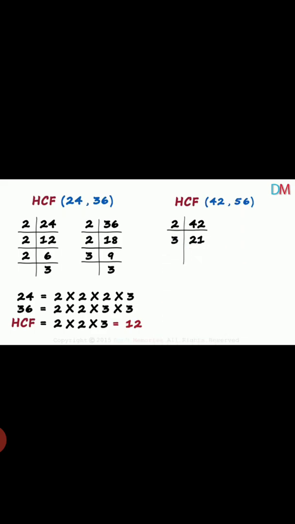प्राइम फैक्टर्स का मतलब क्या है कि आप प्राइम नंबर से ही डिवाइड करेंगे. So 3 7s are 21 and 7 is a prime number, so we will stop here. We get a prime number, so the prime factorization of 42 is 2 into 3 into 7. Okay, we get all three prime numbers here, so 2 into 3 into 7.